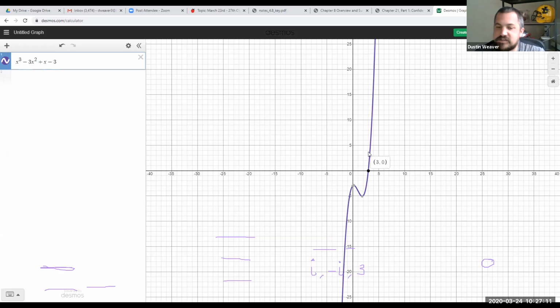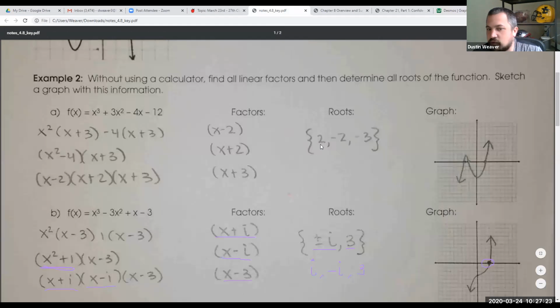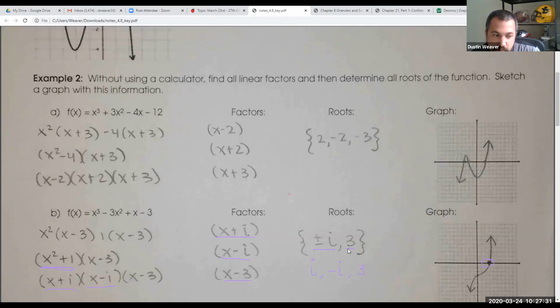So we still know it's a cubic. It only crosses the x-axis one time. The other 2 roots are imaginary. Remember that a cubic function technically will have 3 roots. If it's only crossing at 1, then you know your other 2 are imaginary. They're not showing up on the graph. Okay, so that's going to be the toughest one. You should see more like A, but B is the hardest as far as we go.